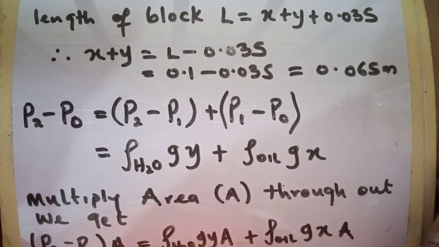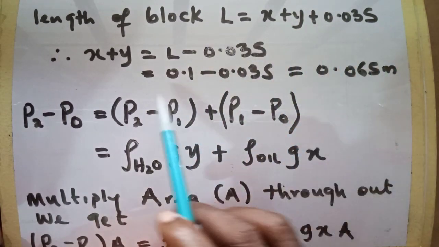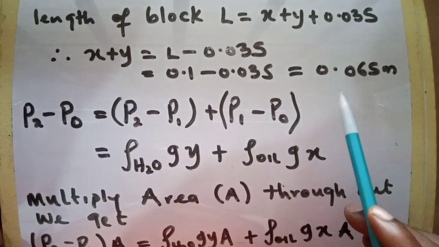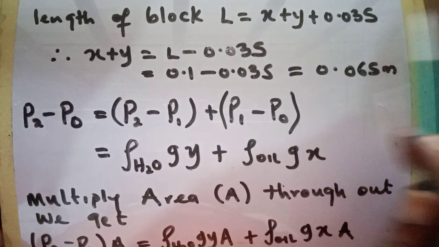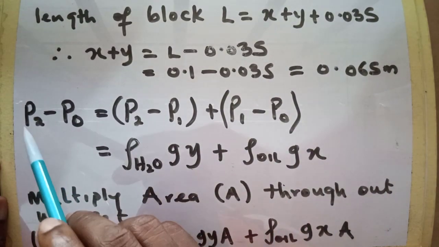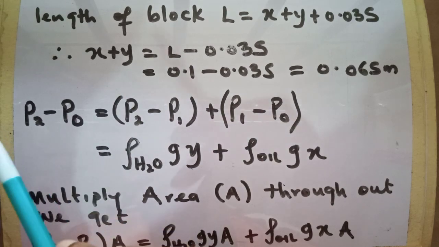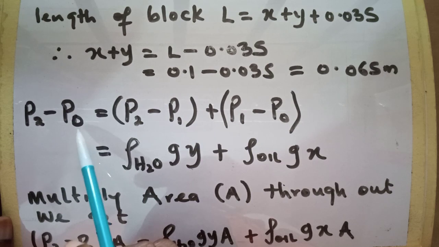So the length of the block L equal to x plus y equal to this. Hence, our x plus y will be equal to 0.065 meters. We call this one equation 1, which we'll make use of later. Now, remember that at point P2, which is the pressure at the bottom of the block, minus point P1 is